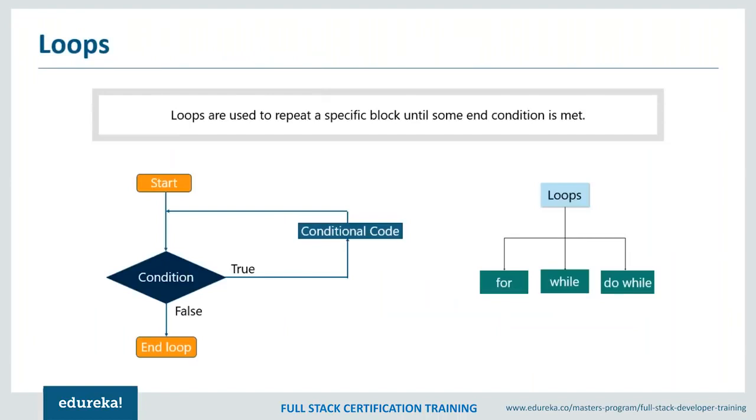Now let's move on to loops. So what are loops? Loops are basically used when you want to run the same code over again, each time with a different value. So that's when loops are used. Now loops are of three kinds. There is for loop, there is while loop, and there is do while loop. Okay. Now let's look at each loop one by one.